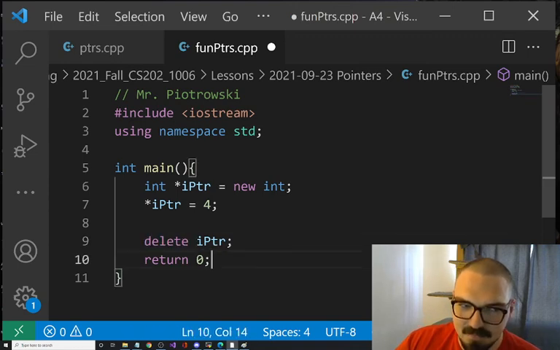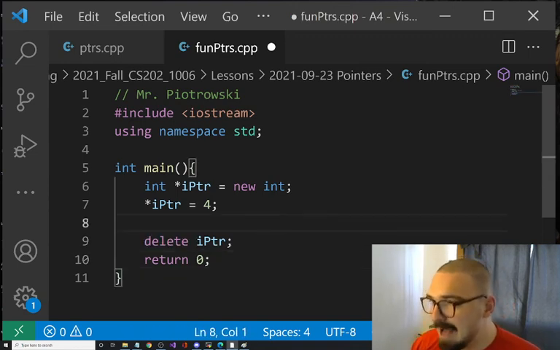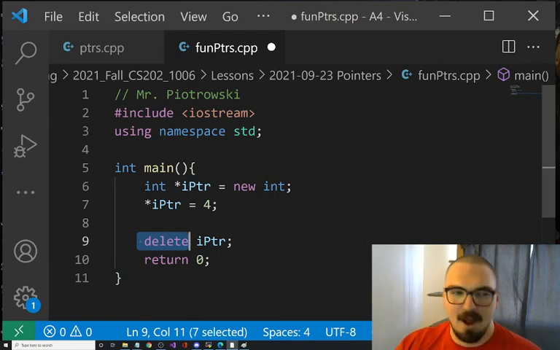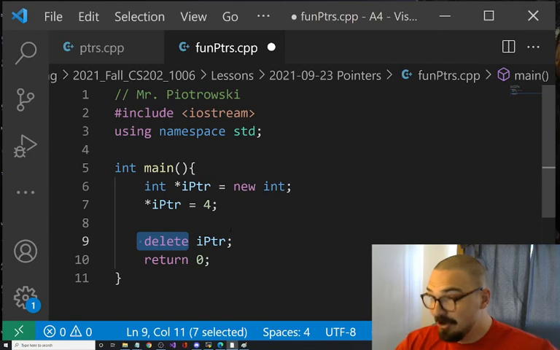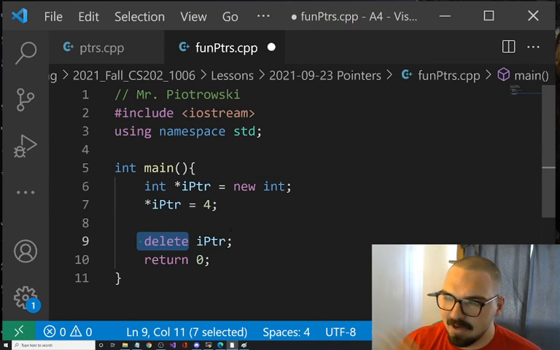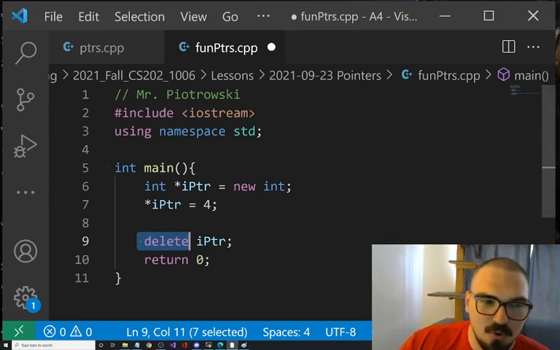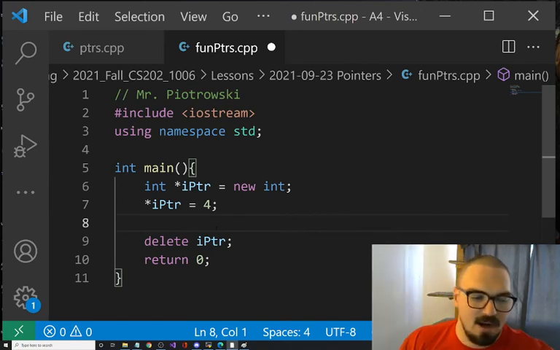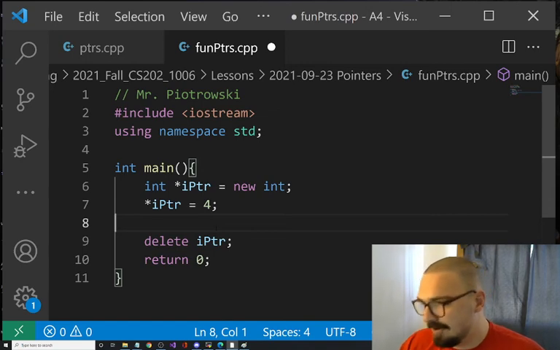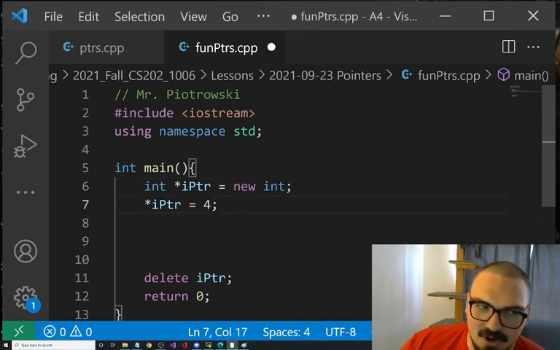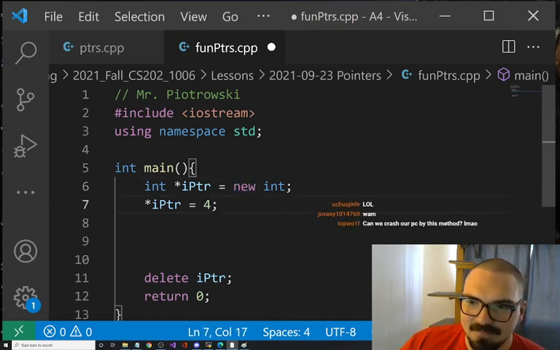Just put it there. For those of you who are developing on your own MacBooks, be careful with this stuff. You can probably just restart your computer and get that memory back. But if you write a program with an infinite loop with a new inside of it, you're going to run out of RAM on your MacBook. And then you say, Deborah caused this. No, it was you. So maybe if you're scared, use Visual Studio, that will handle it for you. Just be careful with this stuff. Here you are. The world is in your hands, okay?